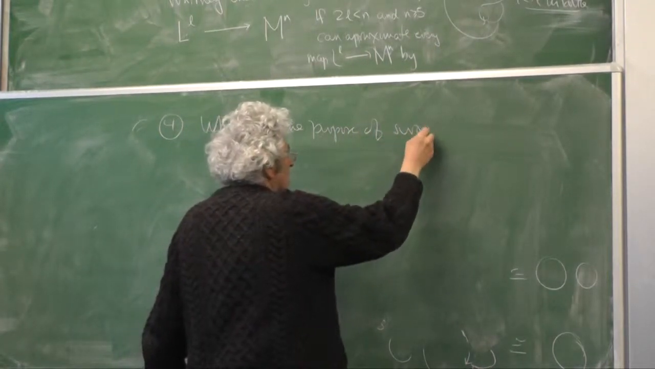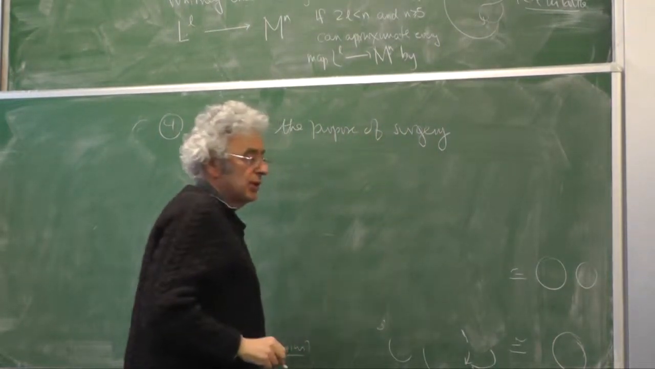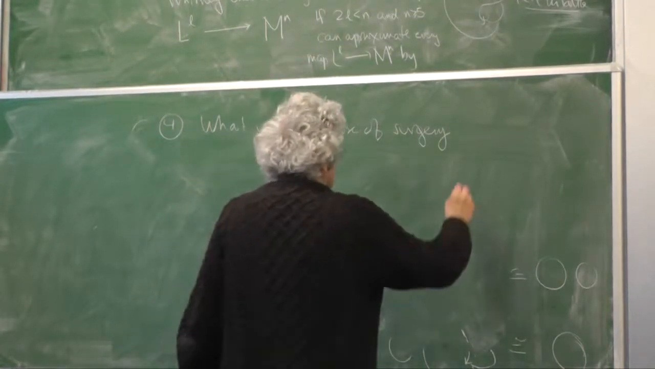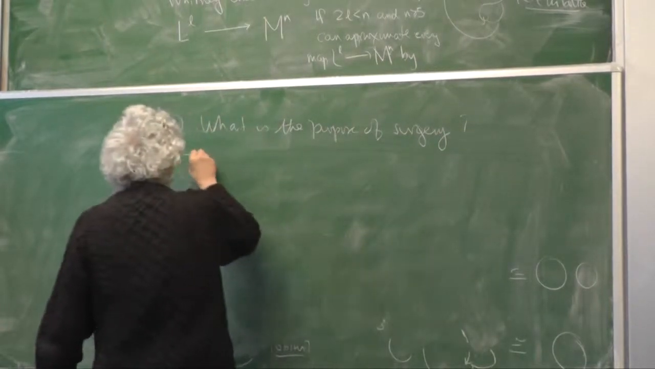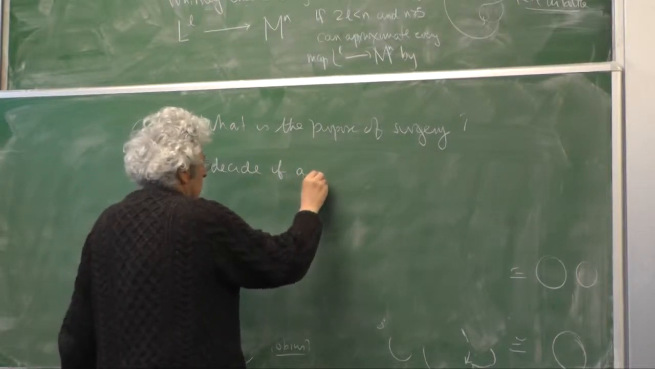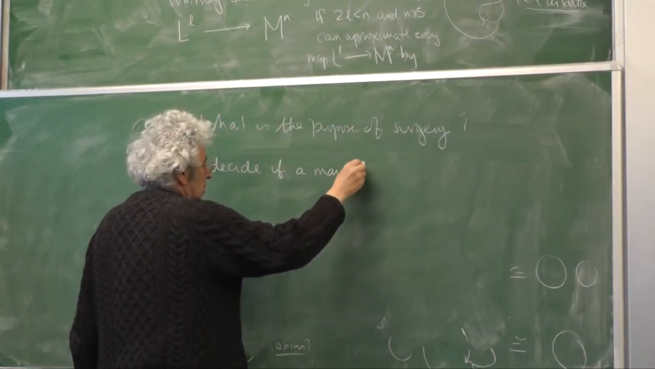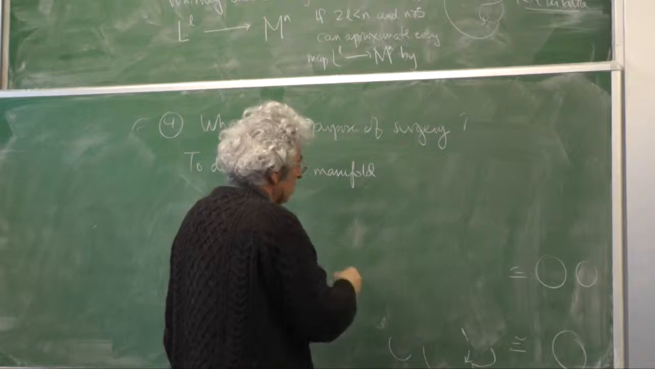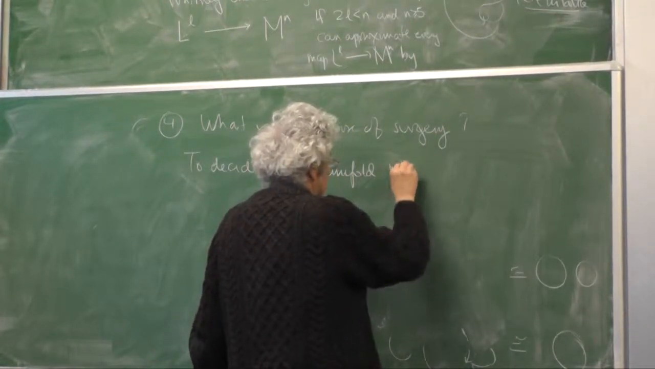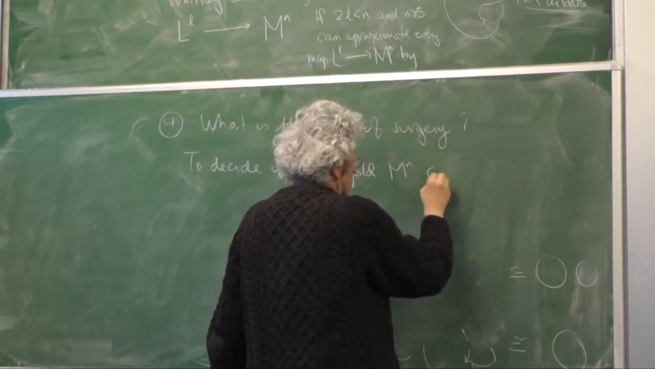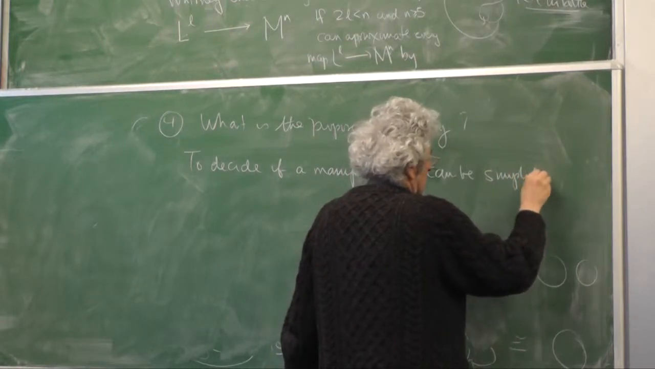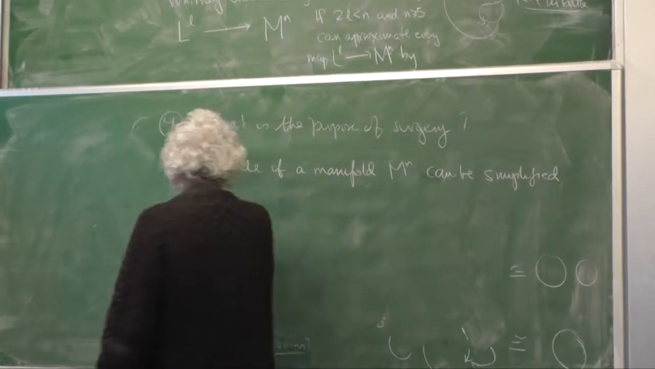I should say that the methods of cobordism theory don't actually use surgery theory. Surgery is used for something slightly different: to decide if a manifold. So this is slightly an artificial thing. It's a very good educational question. So if a manifold M can be simplified, e.g. made cobordant,